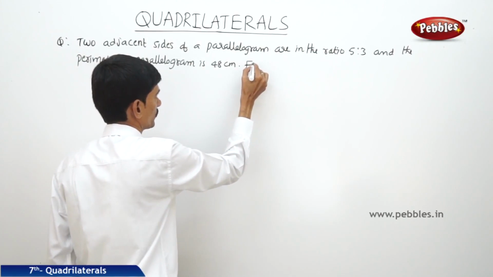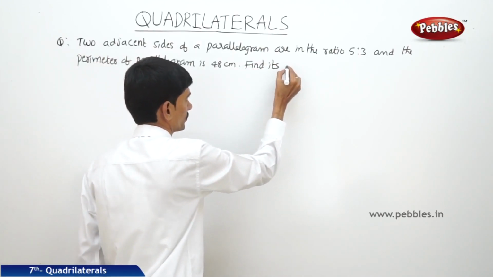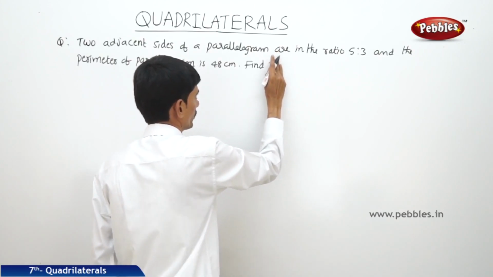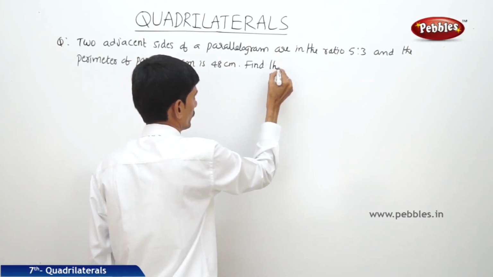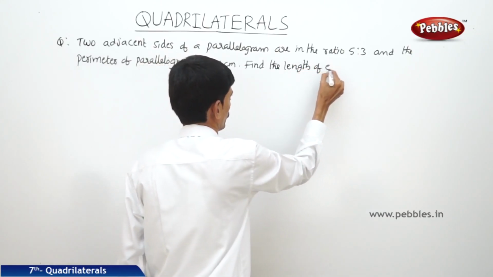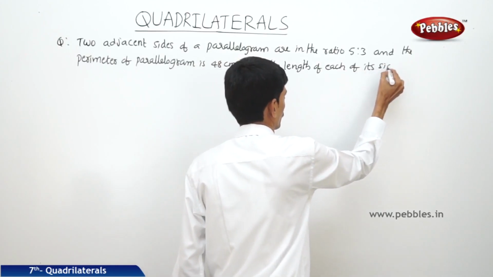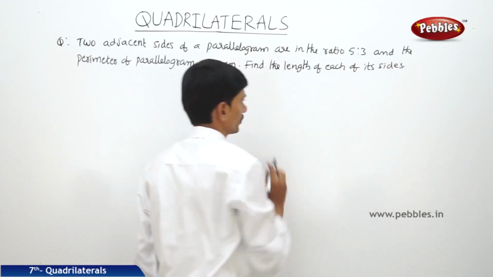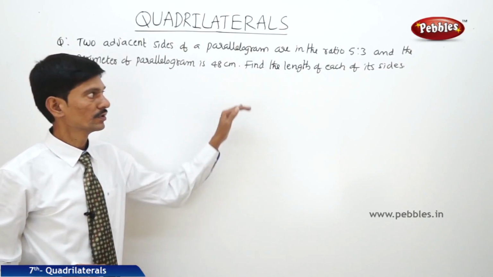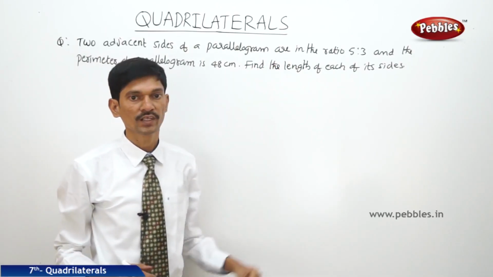Find the length of each of its sides. Now there is a parallelogram in which the adjacent sides are in the ratio 5:3, and the perimeter of